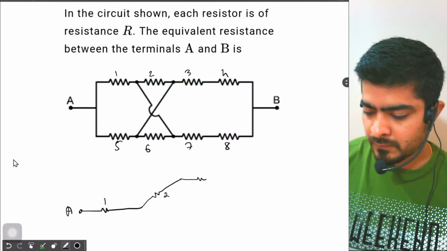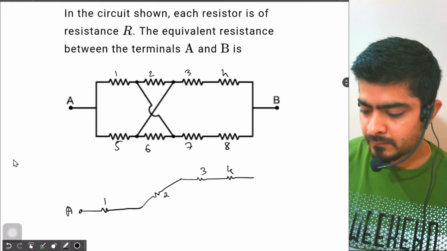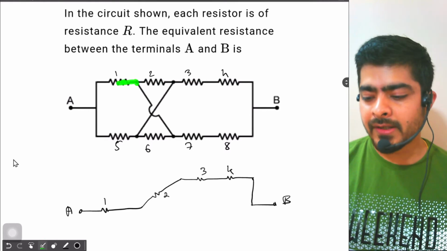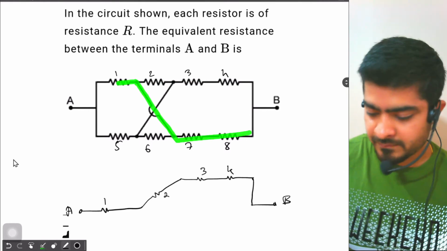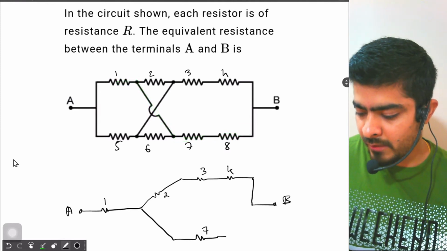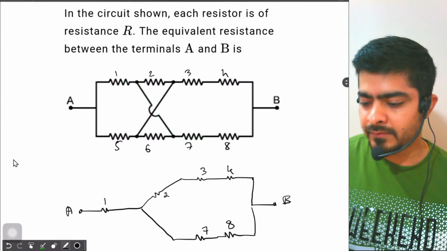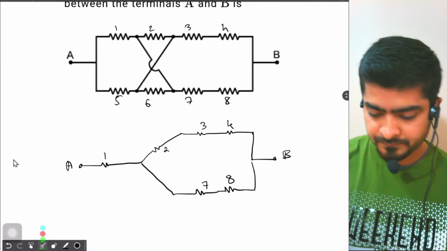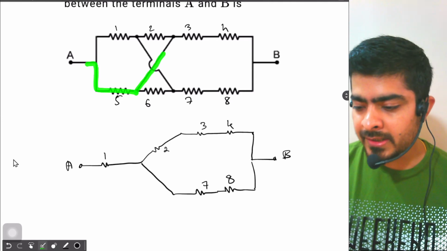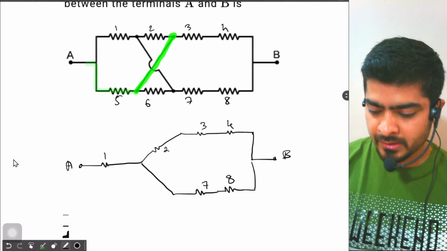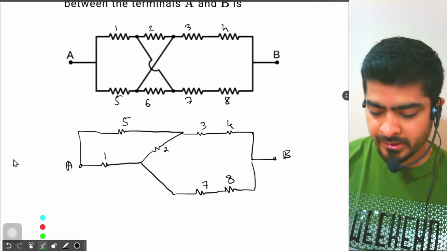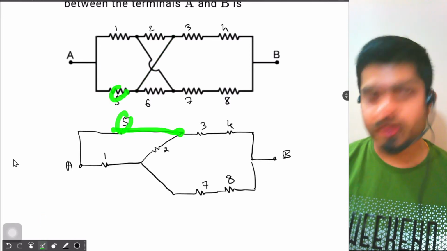2 3 and 4, and then reaching the point B. Another branch from here is going over here directly, going to 7 and 8. So it goes over here, then we have 7, then we have 8, and we reach over here. Correct? Now, if I start over here, I have 5 connected directly to point between 2 and 3. So I take a resistor over here and connect it to the point between 2 and 3. Okay, this is your resistor 5 connected over here.